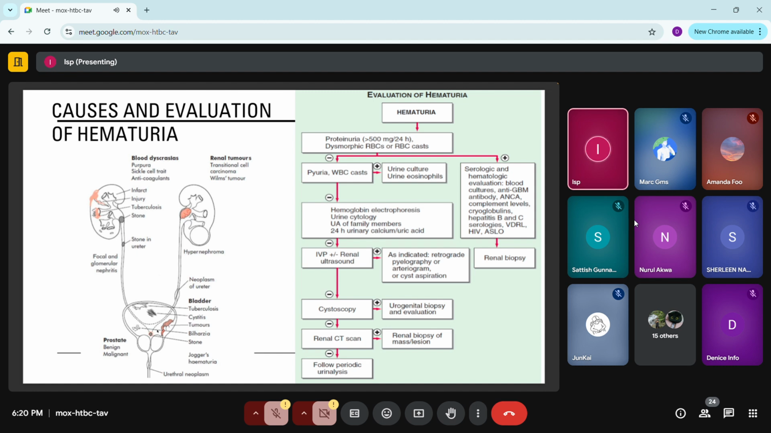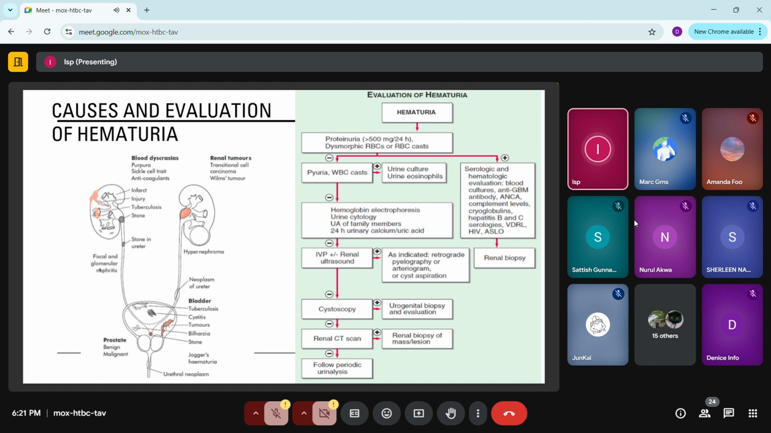So usually with a bladder stone, the patient will complain of pain and hematuria at the end of the voiding process. Okay, and prostatitis and prostate cancer can also give you hematuria because of the inflammation. Other less common causes of hematuria include